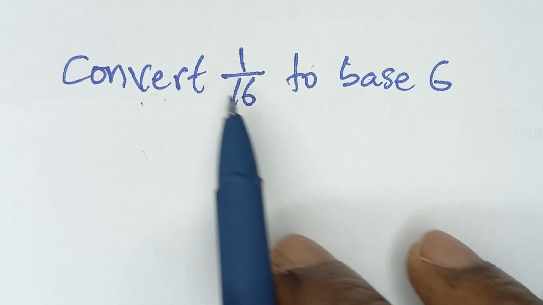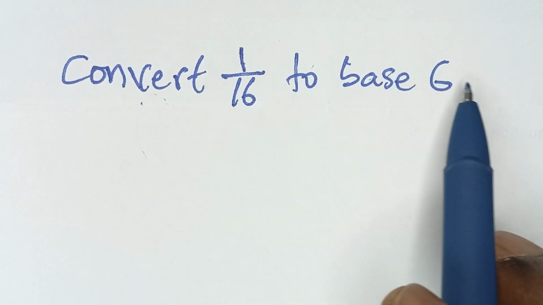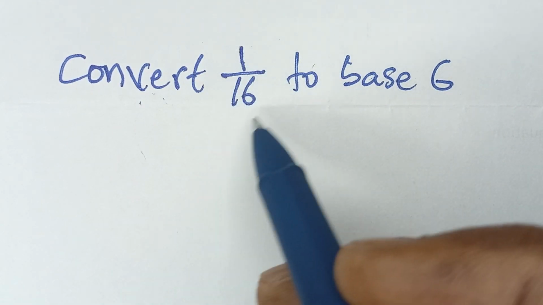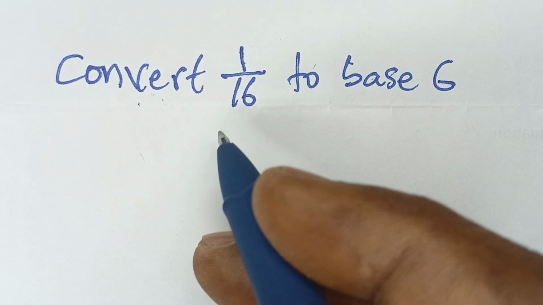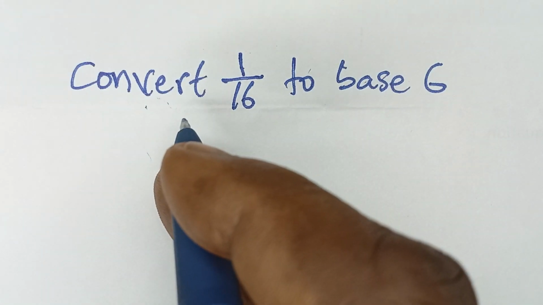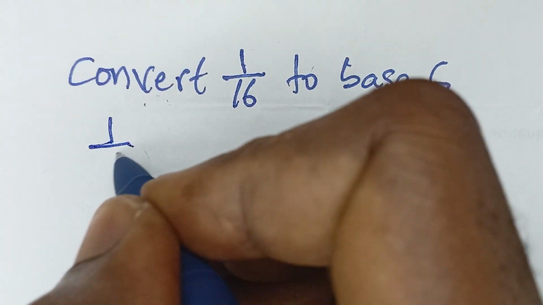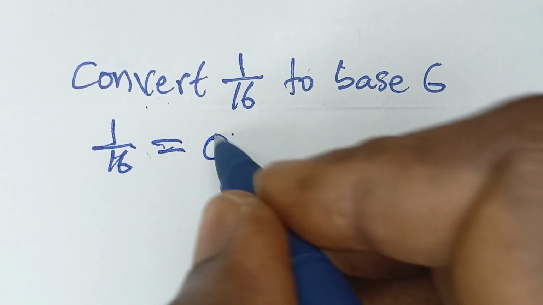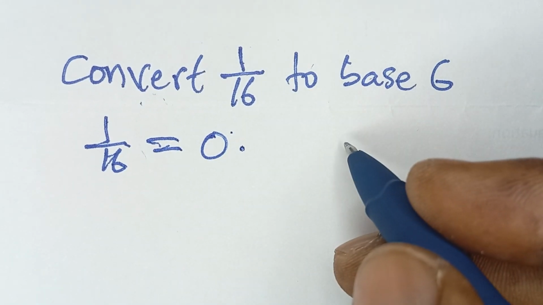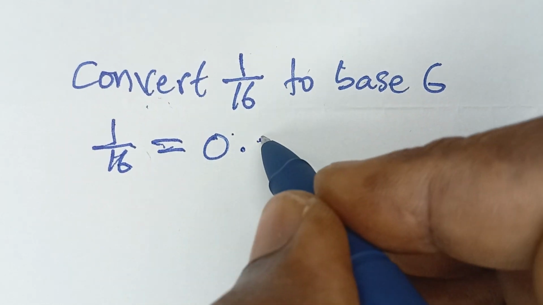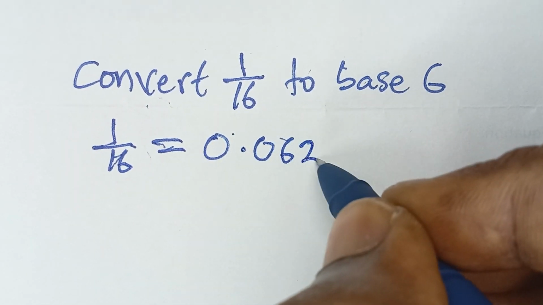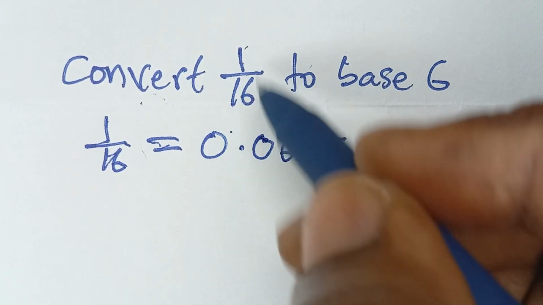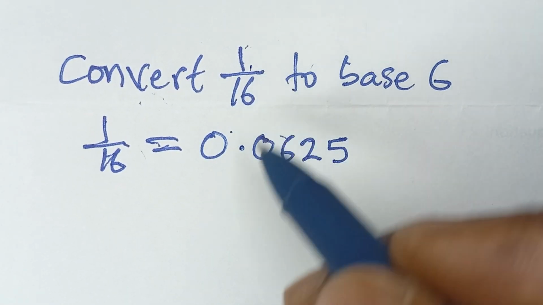Now the question here says convert 1/16 to base 6. The first thing for us to do is to express this in decimal form. So 1/16 in decimal form will be equal to 0.0625. You can use your calculator to convert this. So this expressed in decimal will give us